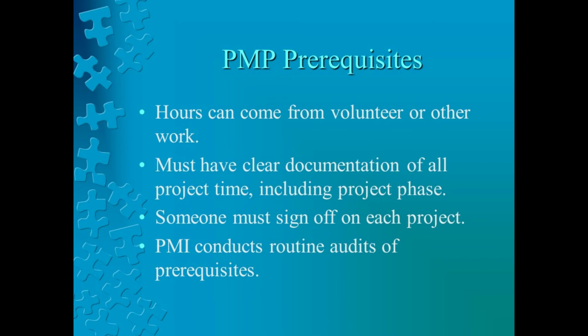An important thing to keep in mind about these prerequisites is that you don't need to accrue them at a standard job. You can count hours you spend leading projects at charities you volunteer at, your church, your neighborhood, or anywhere else. As long as you document it and have someone who is willing to sign off on it, you can count it. Additionally, when documenting your project time, you'll need to call out across the various projects how much